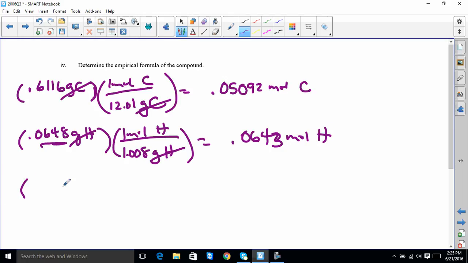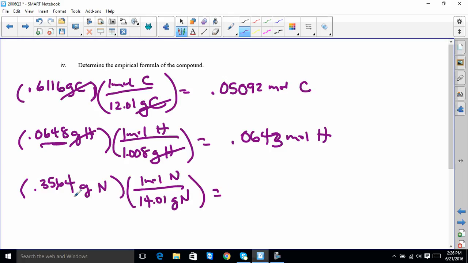And then we have 0.3564 grams of nitrogen. And I know that 1 mole of nitrogen is 14.01 grams. And when I do that, that has 4, that has 4, I get